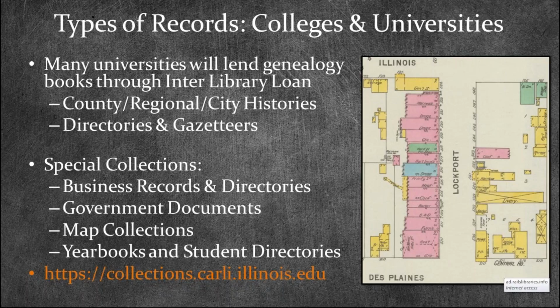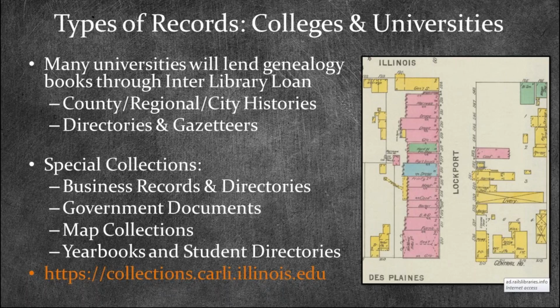You also have access to government documents, and I don't just mean the GovDocs that the government printing office puts out quarterly, but government documents relating to their community as well. So if there wasn't a genealogical or historical society in their community, or the courthouse had outgrown its space and they were looking for somebody to take their historic records, a lot of times those would get turned over to the local university or college as well.